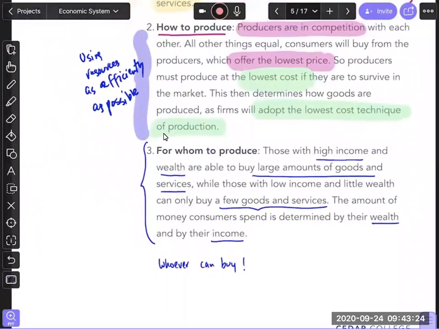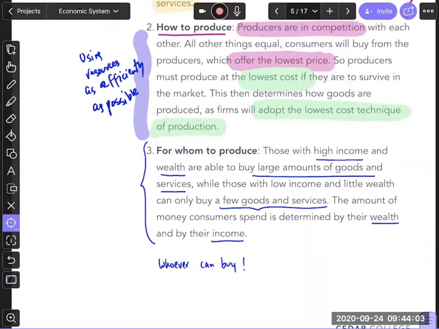So unlike other economic systems we'll talk about, one of the basic points of contention comes from the idea of for whom to produce, because in this economic system suddenly you have people with more ability to buy deciding about goods and services. Make sense? Because it's not about, you know, if a good is a necessity and therefore you should get more of it. This isn't considered. What is considered only is the idea that you will get the good if you have the money.